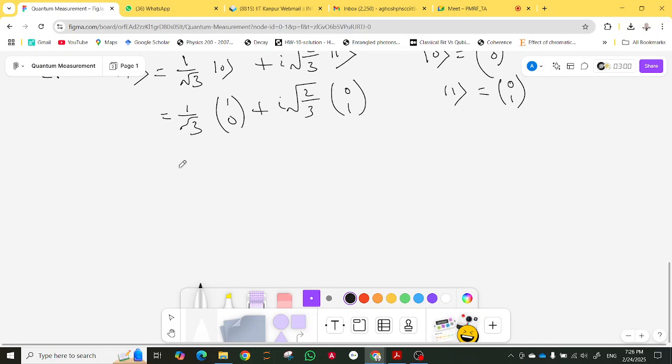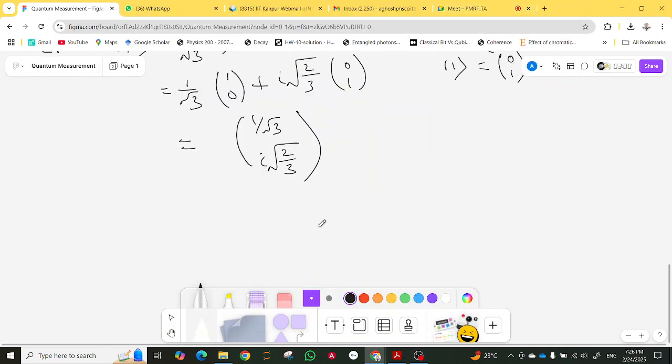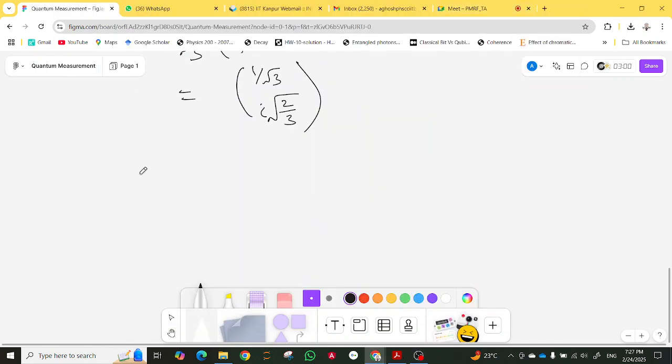So the psi you can write as, if you add, you will get the column vector 1 by root 3, i root 2 by 3. Now you have to write the density matrix. So if you write the density matrix, rho is given by the outer product, right, |psi><psi|. So if you do this, what you will get,